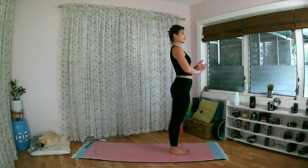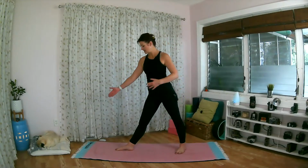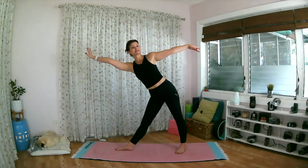From the front of your mat, Samastitihi, triangle posture, Trikonasana. Inhale, step out with your right foot and turn your toes to the back side of your mat or whatever side is the right side. My left foot is pivoted in slightly. Arms are extended, and on an exhale, you're going to take that right arm, reach over your right leg, and